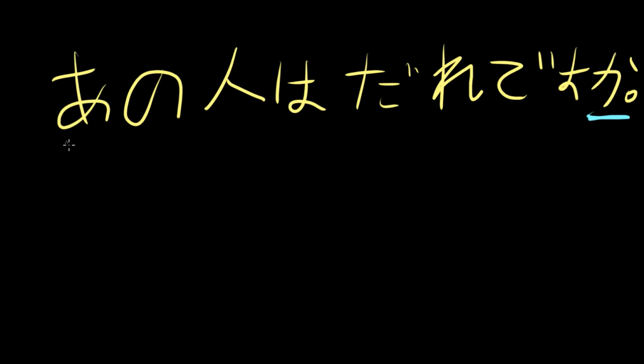Ano means kind of that. So, that. Hito is a person. So, ano hito wa dare desu ka? Dare is who. So, あの人は誰ですか means, who is that person? あの人は誰ですか? To say that in a more polite way, you would say,